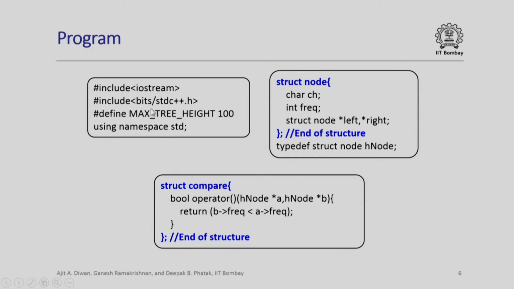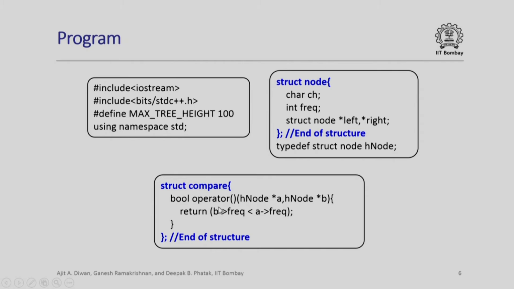So, this is the standard initial part where we are defining maximum tree height as 100, which is an arbitrary value. The node is defined as char ch, int frequency, and left and right. You will notice one important thing. We have said that in our tree, all actual characters appearing in the file will appear at the leaf node. At the parent node, we will not have any character because the parent nodes represent the combined frequency of occurrence of the child nodes. Therefore, in such nodes, we will have to insert an artificial character as we shall see later. This is the compare struct.